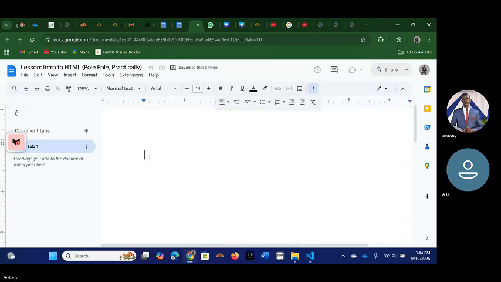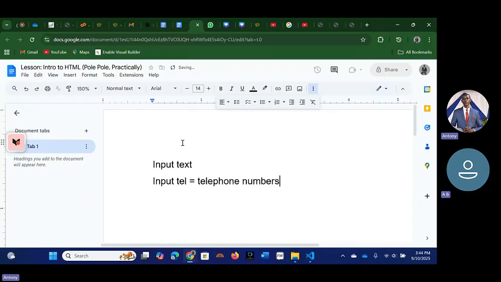I'm going to zoom in so you can see. So we have input text, and we have input tel. This is for telephone numbers, if maybe you're running a survey form and you want people to give you data.